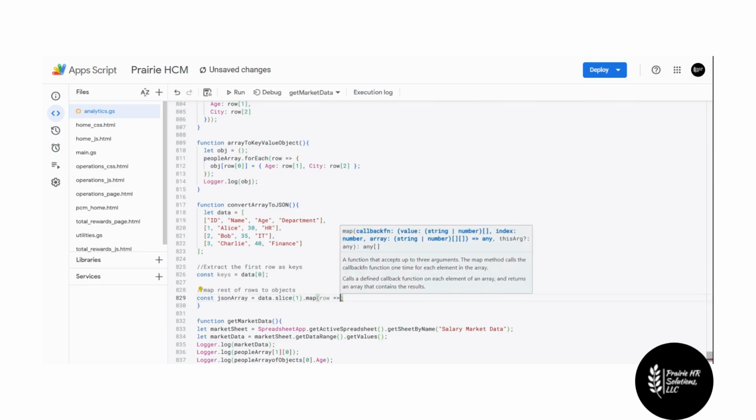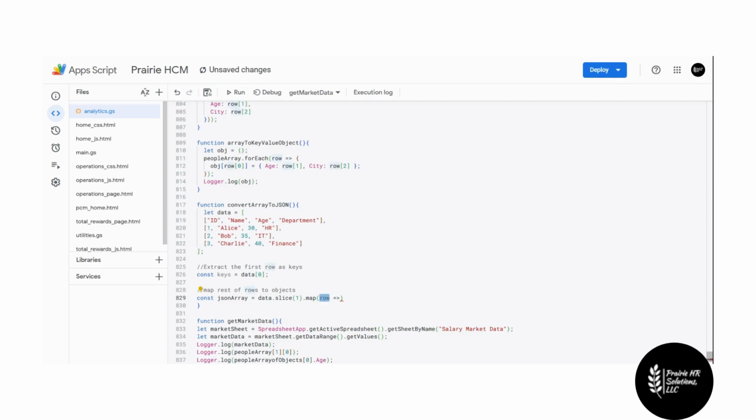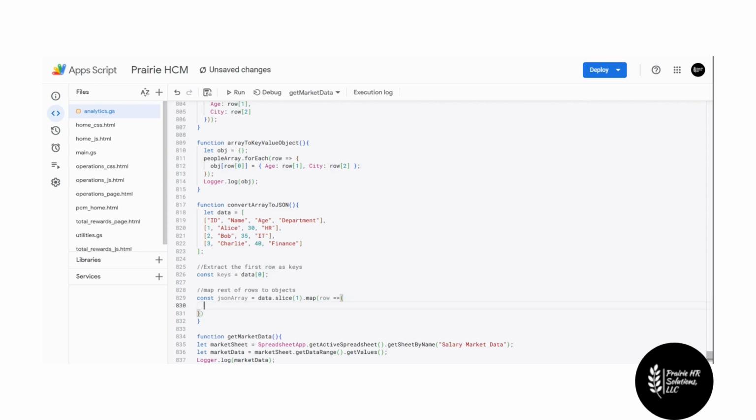I know we use row a lot. Remember, this can be anything. It's just trying to keep it simple and straightforward. That's what we're doing. We are mapping every row. And our rows, what we're going to do is